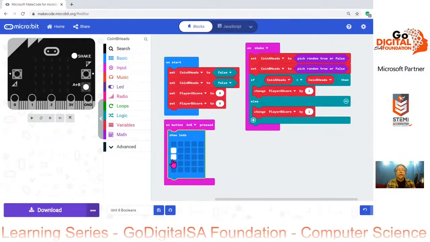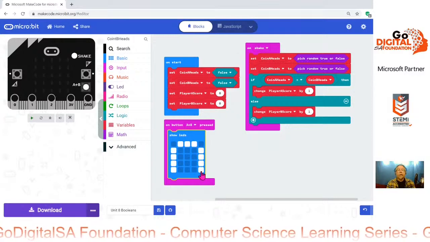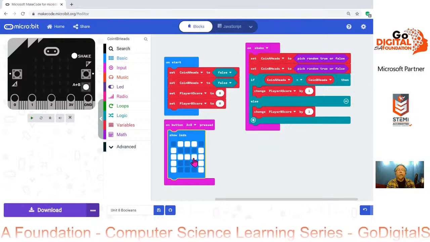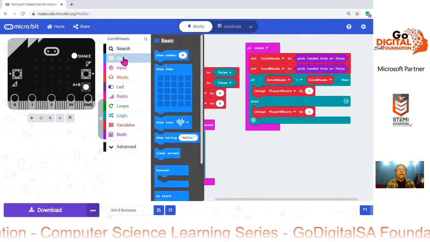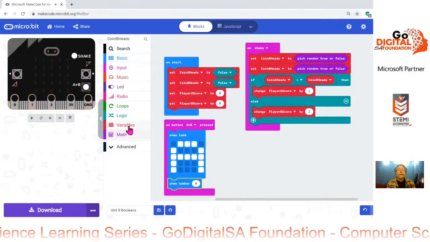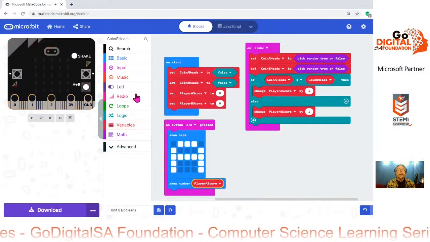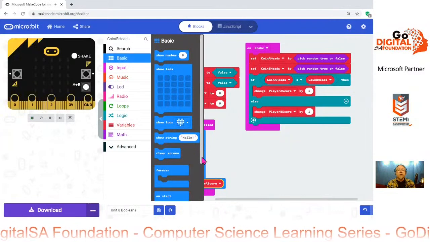So it will show A, and then the value of player A score, and then it can pause,